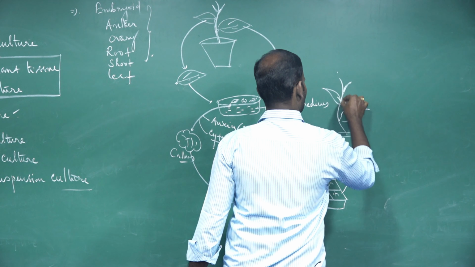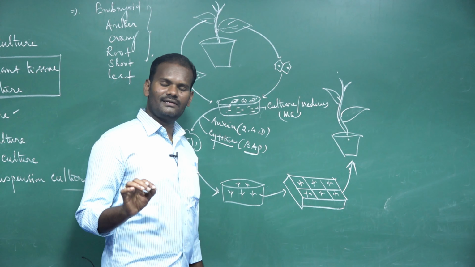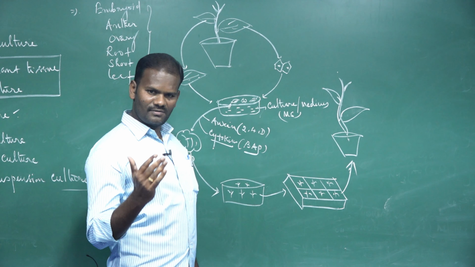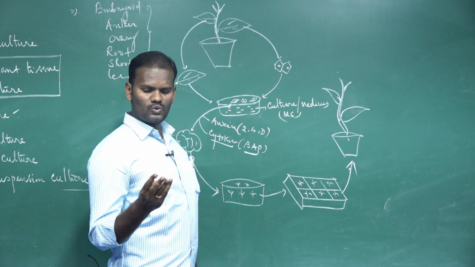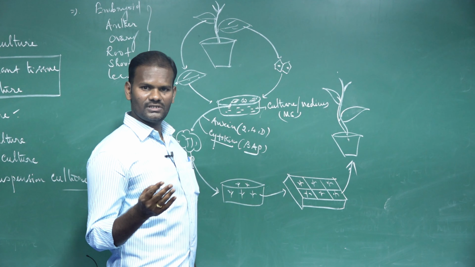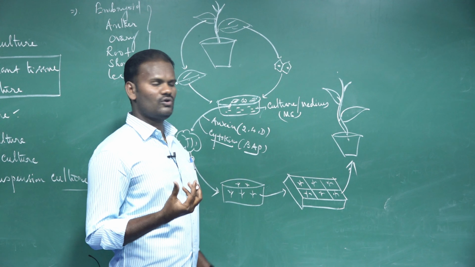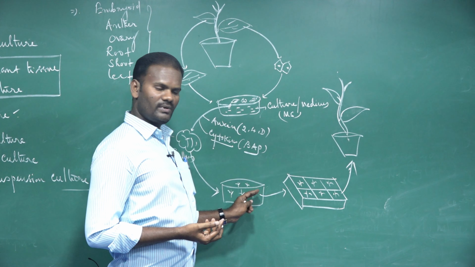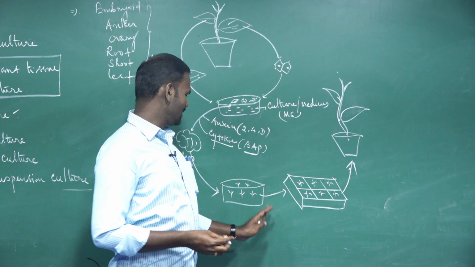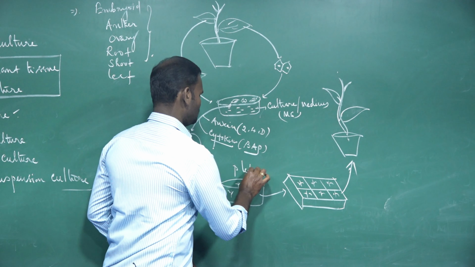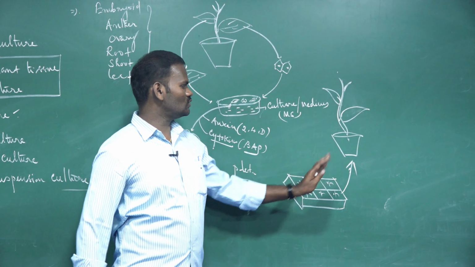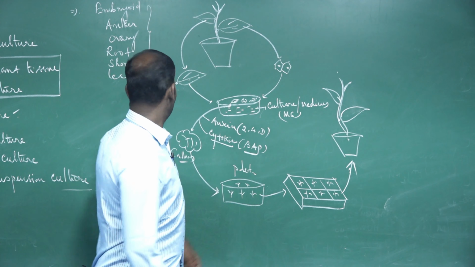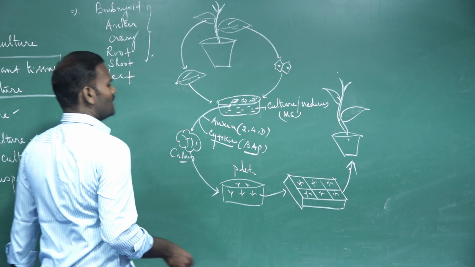Yes. Why is this process called organ culture? Organ is nothing but an organ of the plant body. What are the organs of the plant body? Root, stem portion, leaf portions, anther or embryo. It is introduced into the culture medium to induce callus formation. From the callus formation we raise plantlets. The plantlets are transferred to the soil field. This is organ culture.